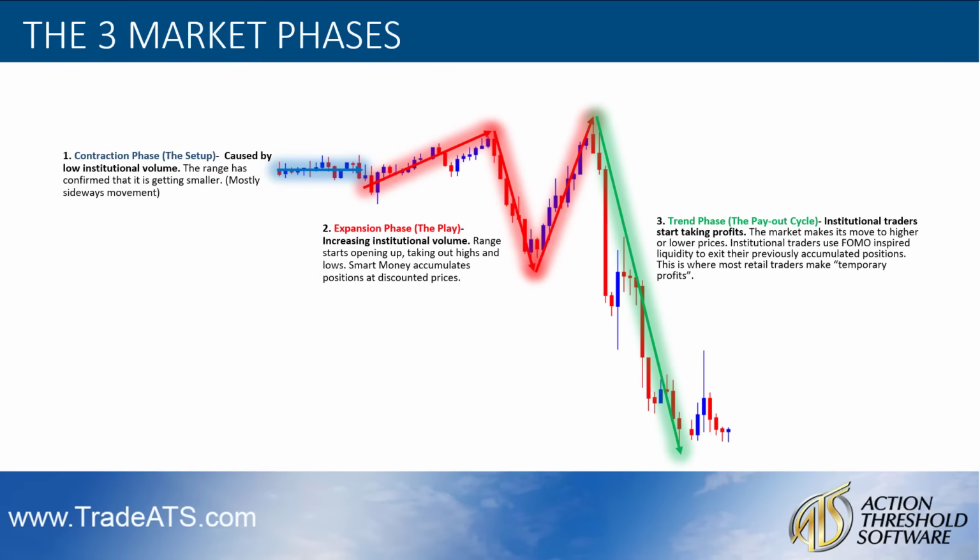This is the payout cycle. Institutional traders start taking profits off the table. The market makes its move to higher or lower prices. For our illustration here, it's lower prices. The institutional traders use FOMO, fear of missing out, inspired liquidity to exit their previously accumulated positions. And this is where most retail traders make temporary profits because they're going to give it all back because they're going to trade right into the first phase again and the second phase, and they're going to get crushed. So anything they make in the trend, most traders are going to give up in those next two phases